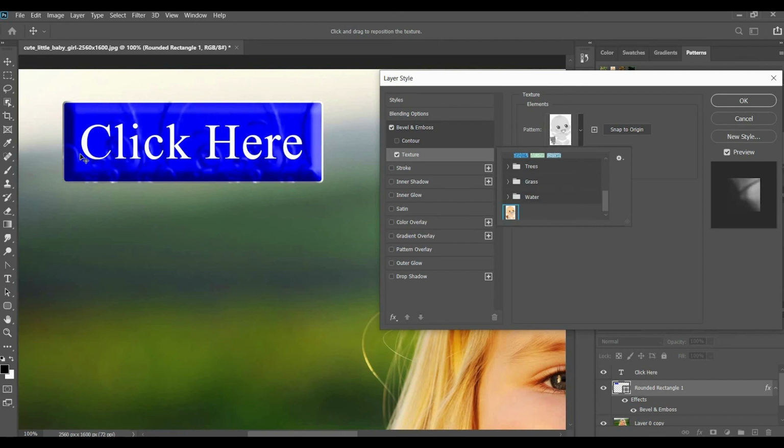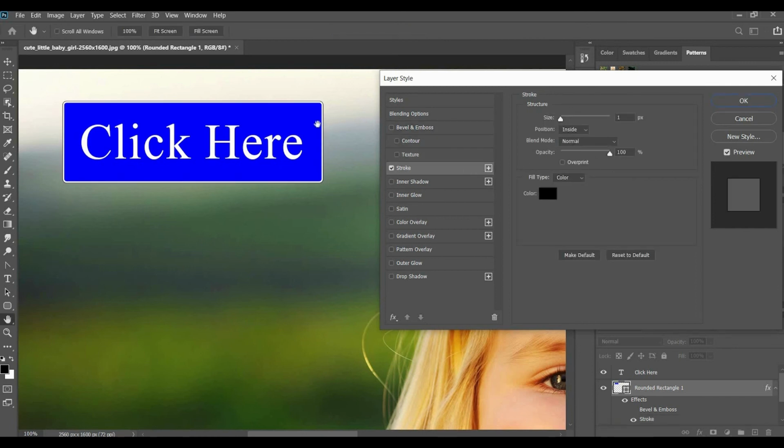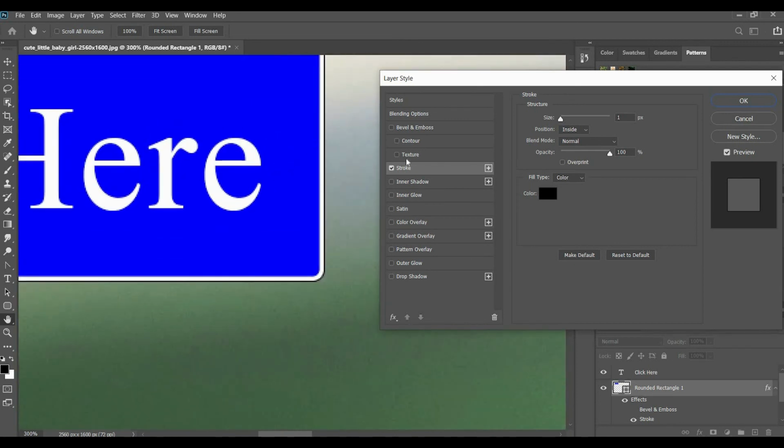Okay, so we can select that particular texture to show as a background. So that is texture. So the next one is stroke. Stroke we have already seen. We have already given white color as a stroke here, right?